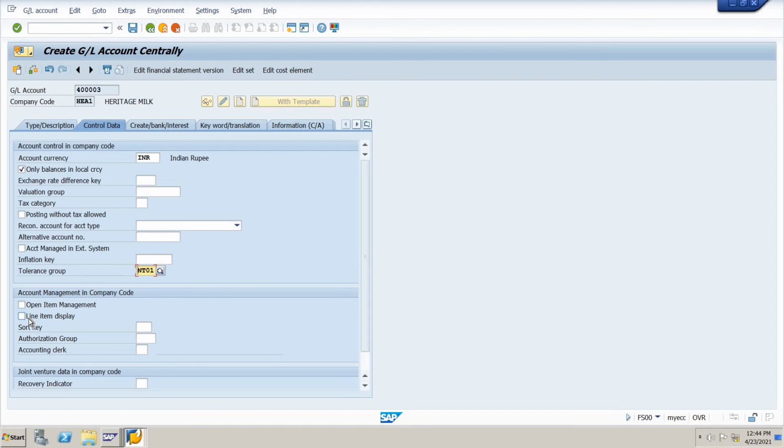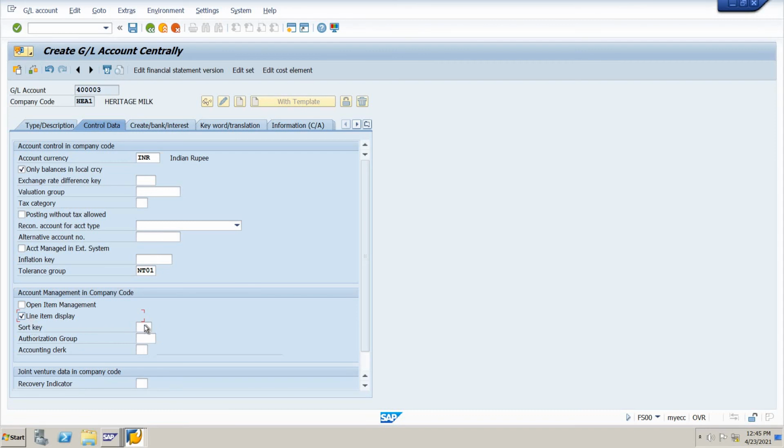Which is like we have done some transactions on some dates. So for example, on 1/4/2021 we have done a miscellaneous expense, and on 15/4/2021 we have done a miscellaneous expense of 2,000. We have done a miscellaneous expense of 5,000. So that's the thing. If we select the line item display, then that report shows the miscellaneous expense account balances. So you have to select it first.